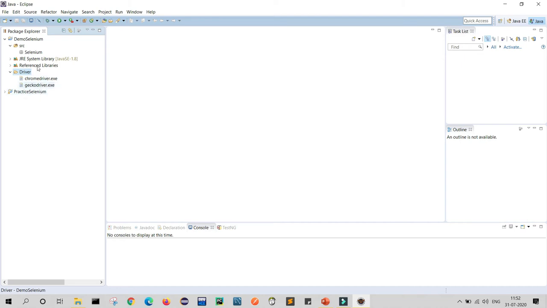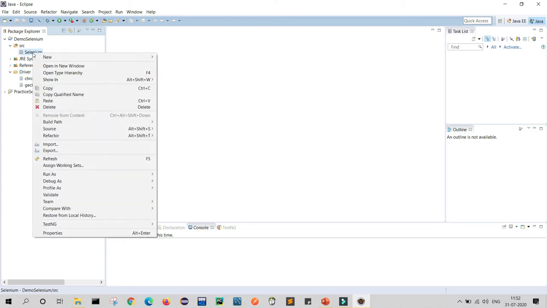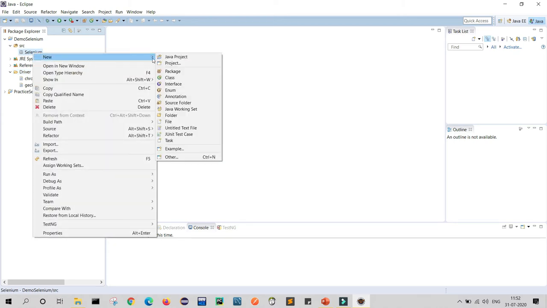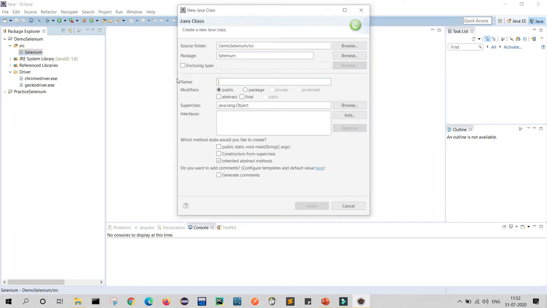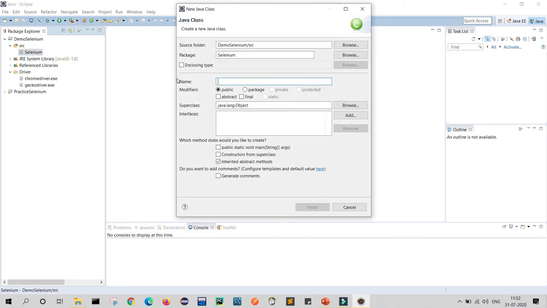Now I will create my Java class which I will write and execute. So here right click, go to class and give your class name, like I am giving browser. Just select public static void main and click finish.